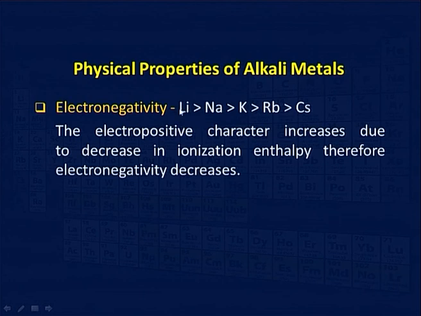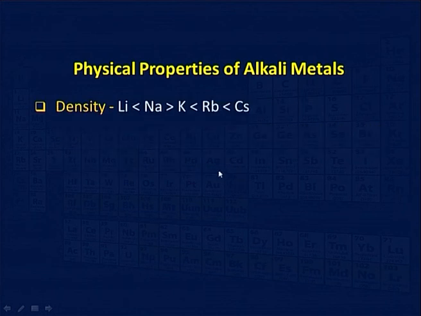Now electronegativity, that also we have told you, will follow this order. Lithium will be most electronegative, followed by sodium, potassium, rubidium and cesium. This trend is almost common in all the elements of even S and P block, that is, they keep on decreasing down the group. Now coming to density, we have already told you there is a slight change here, but otherwise it is very consistent.